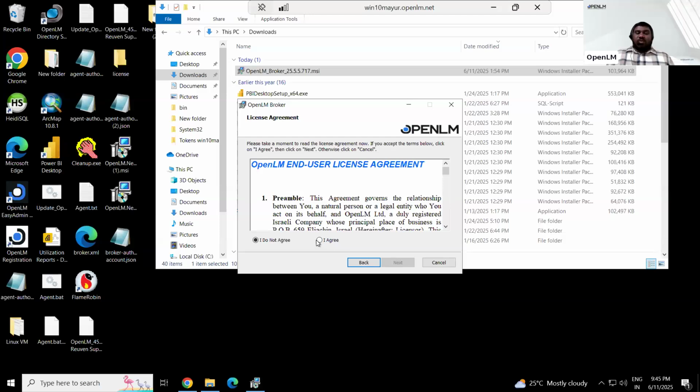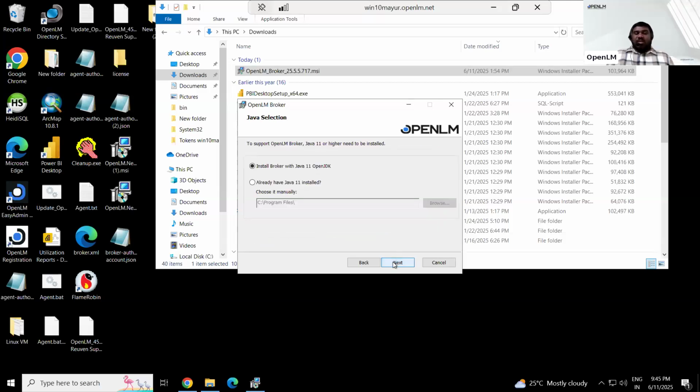You need to install a broker. The first step is about agreeing to the license agreement. Once you click on I agree, you click on next. Over here, we select the first radio button, which is install broker with Java 11 OpenJDK. As we don't want to interfere with your system Java, we select this first radio button and we click on